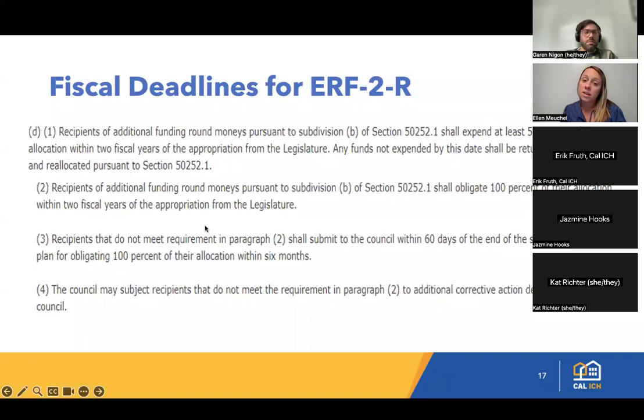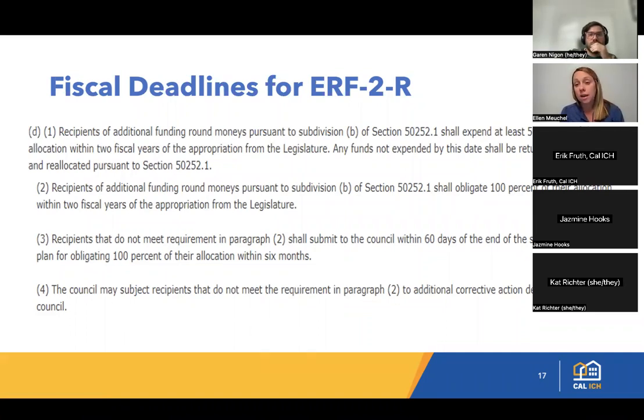A new deadline that was also added to our ERF grants for this round of funding was the 100% obligation deadline, which is also on June 30th, 2024. Obligation is kind of a unique component. We've heard from our grantees that it is not included in many of the other grants that they receive. And so we're going to spend some time speaking to what that means specifically. But 100% of the allocation does need to be obligated, contractually obligated by June 30th,